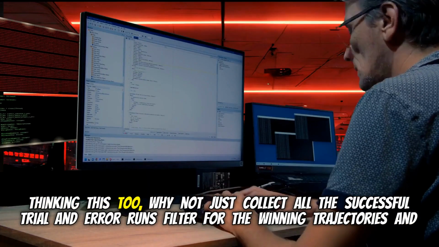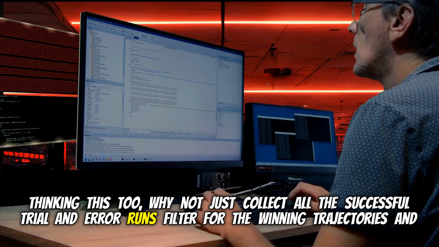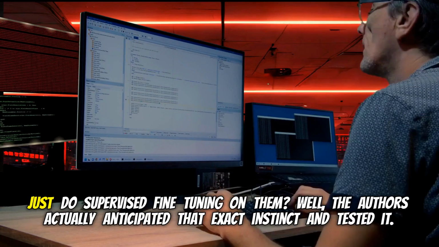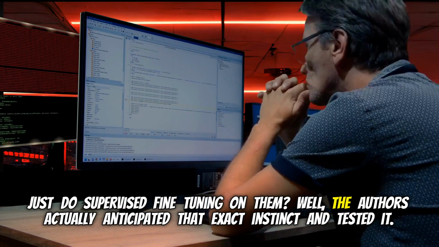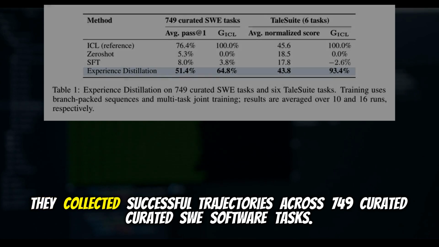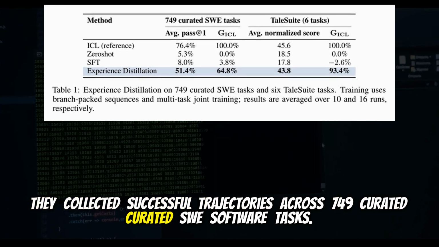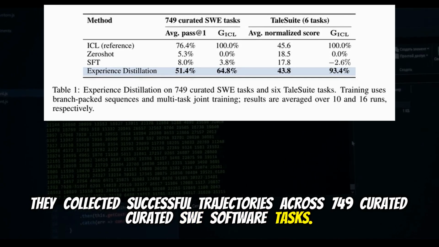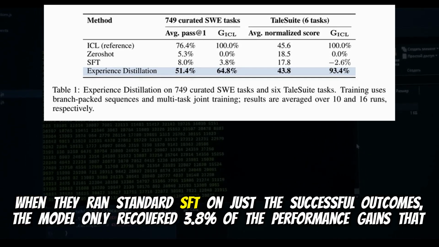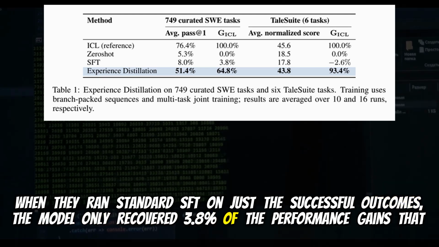So looking at this problem, my immediate thought, and probably everyone listening who has built an SFT pipeline is thinking this too, why not just collect all those successful trial and error runs, filter for the winning trajectories, and just do supervised fine-tuning on them? Well, the authors actually anticipated that exact instinct and tested it. They collected successful trajectories across 749 curated SWE-bench software tasks. When they ran standard SFT on just the successful outcomes, the model only recovered 3.8% of the performance gains